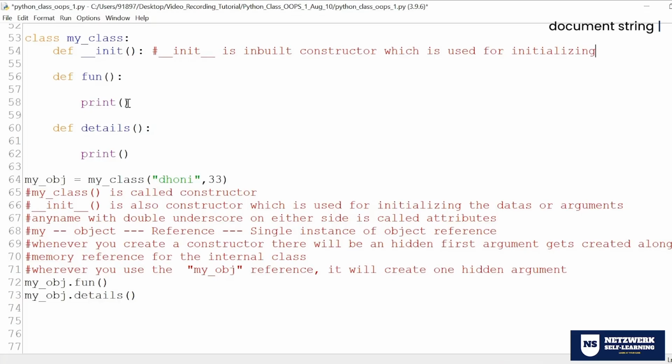So what I have to do is pass this argument back to the init, double underscore init. I have to pass Dhoni and 33 here so that it will keep them as initialized values, and whoever wants can come and ask, right?